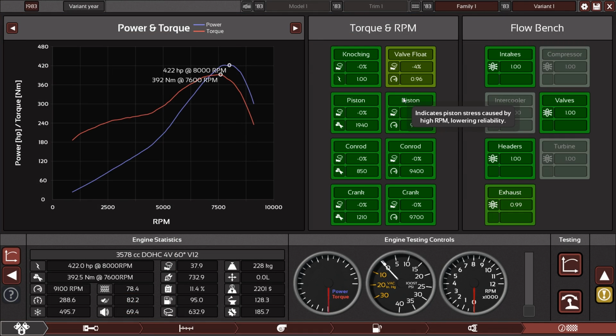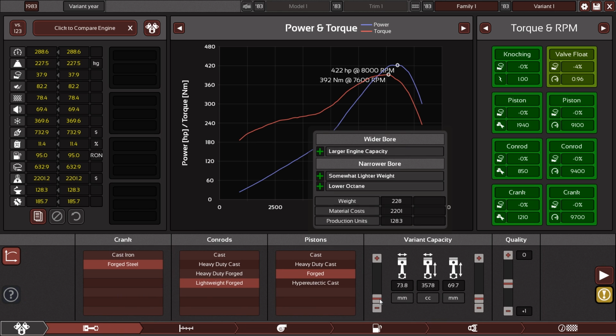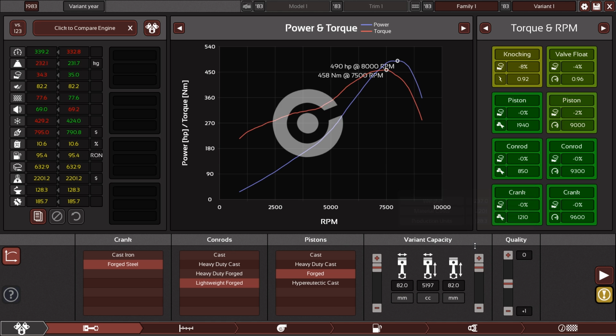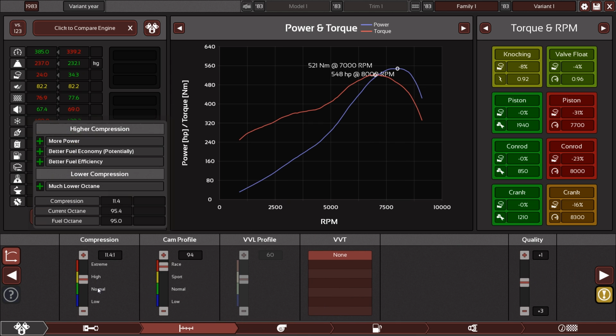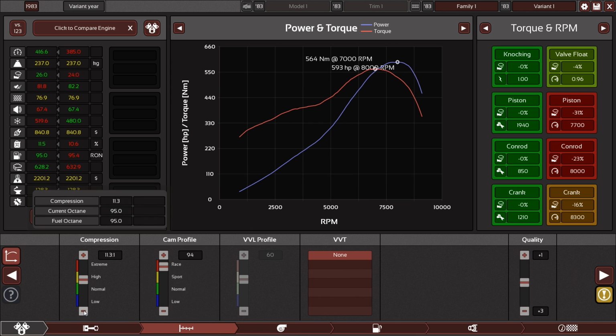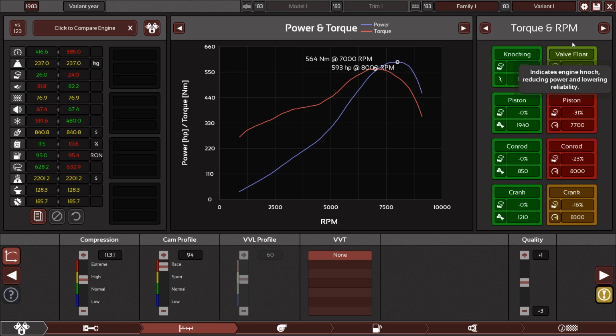Oh, this is horrendous. Where's all our power? Oh, wait a second. What's going on there? That's wrong. What is going on here? Why is this at a minimum? There we go. Ah, we're almost back. And that's with knocking. So, oh, that's 600 horsepower. That almost makes it acceptable, doesn't it? We only revved to 8,000 something, but,